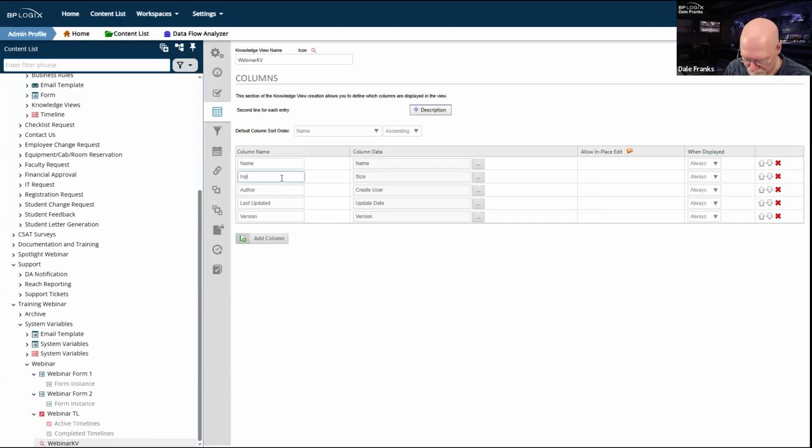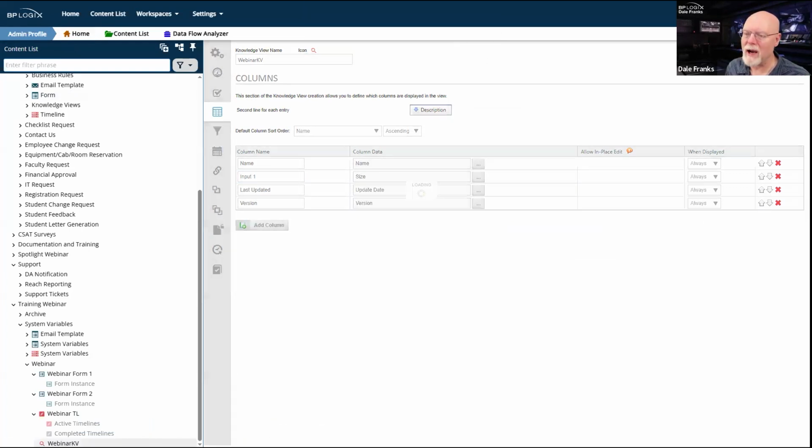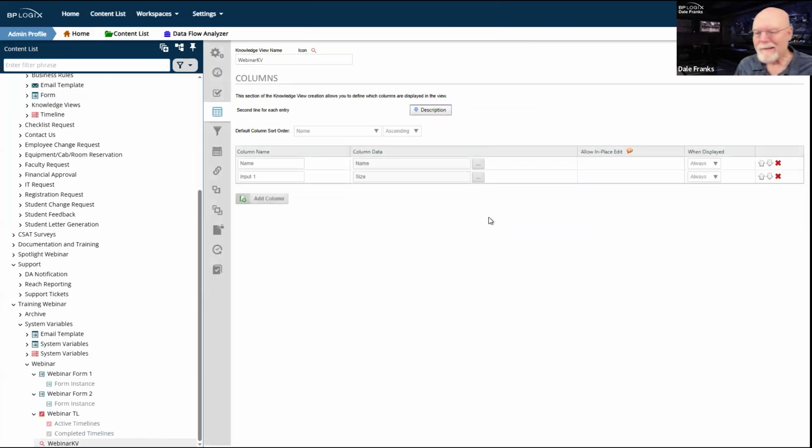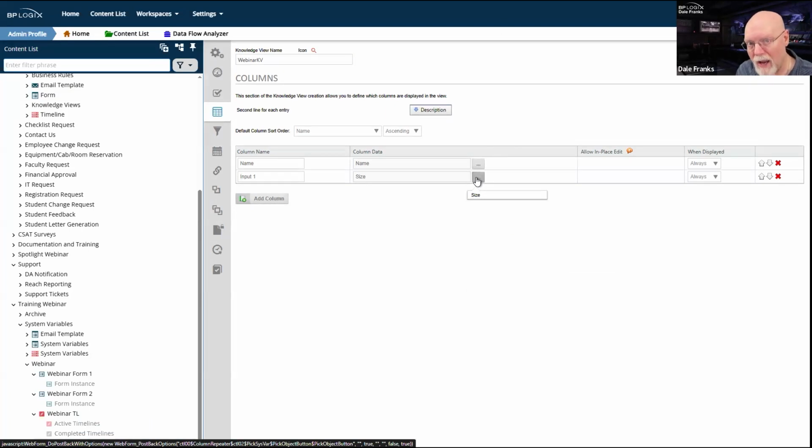So input 1. That's my form field, input 1. It's the same in both. And in fact, just for simplicity's sake, we're going to get rid of everything that we don't need here. All right. Well, I have 2 forms, both of which have input 1.